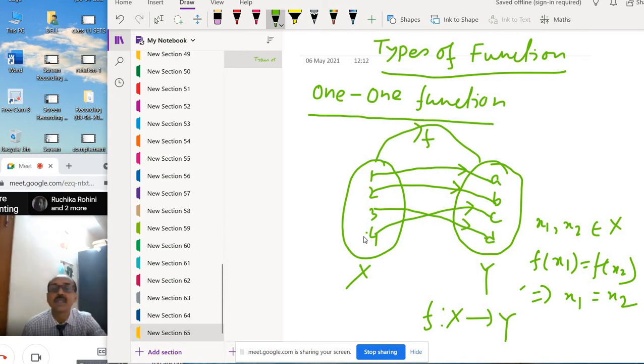Okay, all of you understand one-one function? Yes. This is a one-one function. x1 equal to x2, and this is the mathematical condition. When we do the sum, you have to take two elements x1, x2 and use f(x1) equal to f(x2). This is the condition of one-one. If after calculation you get x1 equal to x2, then you can say this function is one-one. This is the working rule.